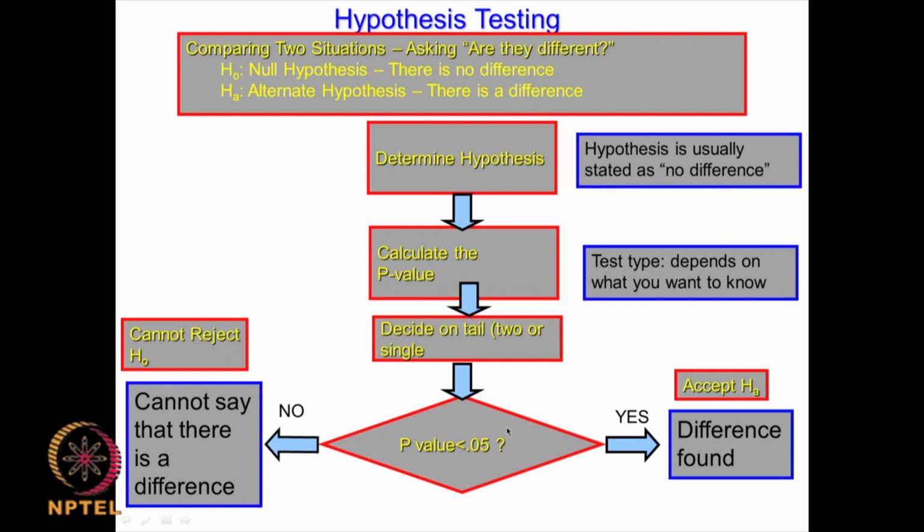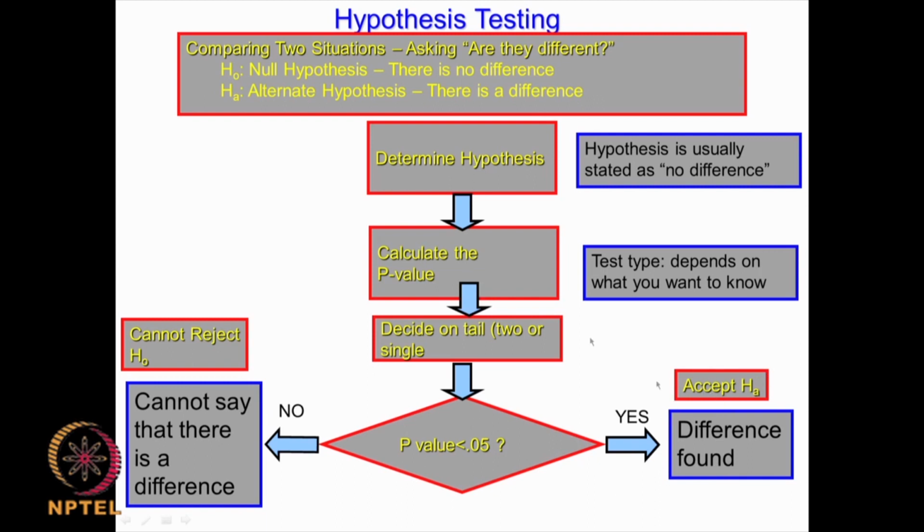So, either I will reject the null hypothesis, or I will not reject the null hypothesis. If there is no difference, p is not less than 0.05, then I cannot reject the null hypothesis. If p is less than 0.05, then I need to reject the null hypothesis,